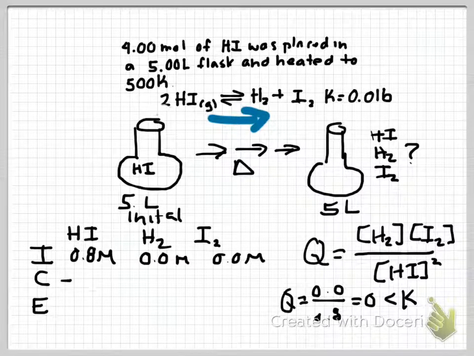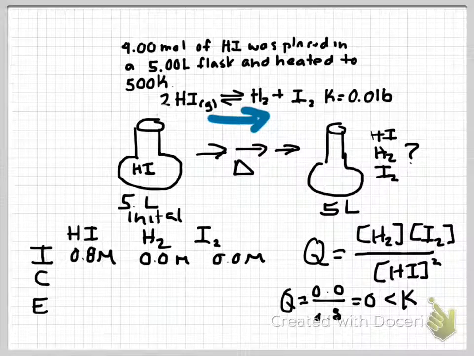Now this is always going to be the case if I have no products at the beginning. The equilibrium will always shift toward the products. You don't always have to calculate Q in this case because Q will be 0, and it will always be less than K. You may have to calculate Q if you have initial concentrations of your products at the beginning of your reaction. Then you need to calculate Q to figure out which direction the reaction goes. So since we're going toward the products,